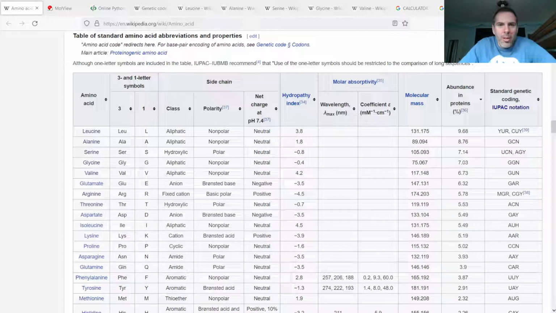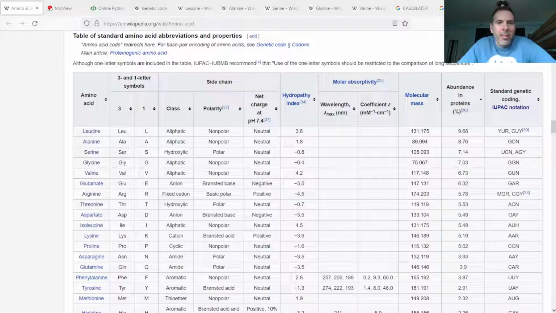Four of those are nonpolar, aliphatic, hydrophobic amino acids. Actually, glycine is not really hydrophobic. You can see here with this hydropathy index, the higher positive numbers are hydrophobic.